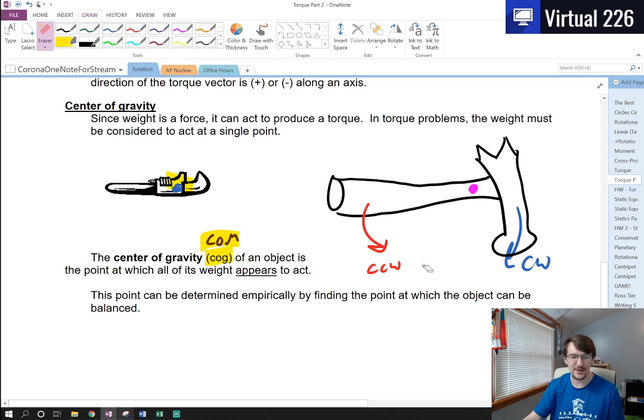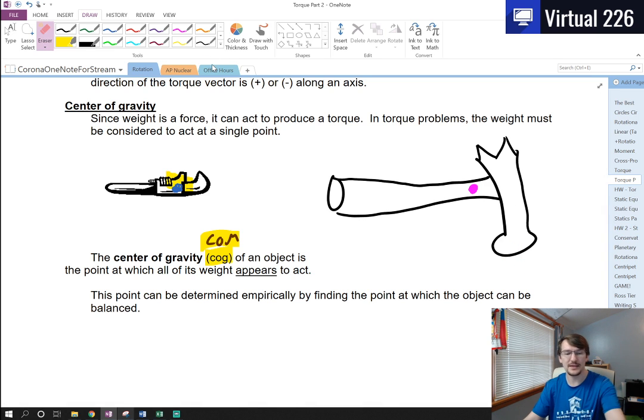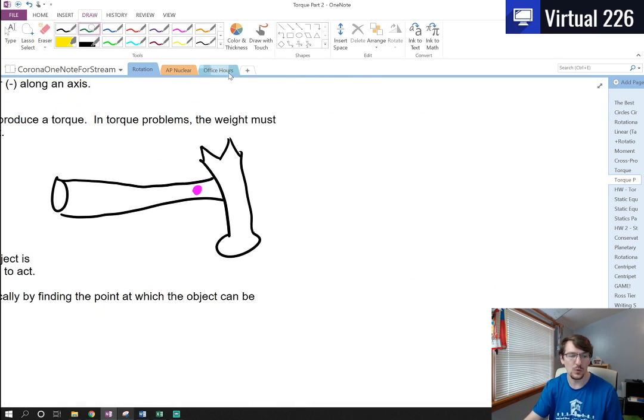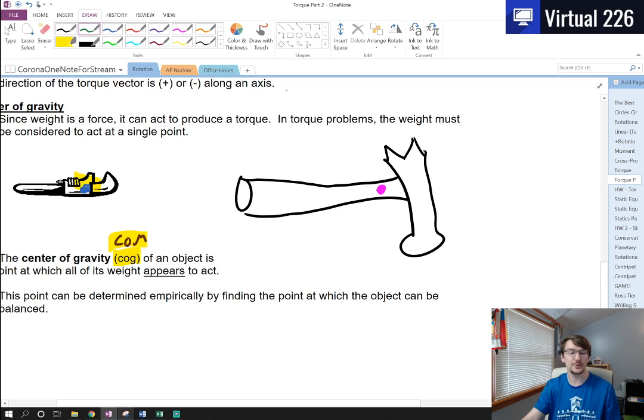Now, what's nice about this center of mass is we could go back and use it for F equals ma, thinking that our entire hammer was just a single point in space. And when we discussed free body diagrams earlier in this year, this is what we did with the center of mass. Well, what's nice about the center of mass from a torque perspective is if we had a different pivot